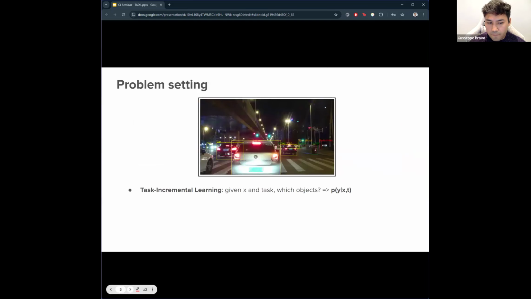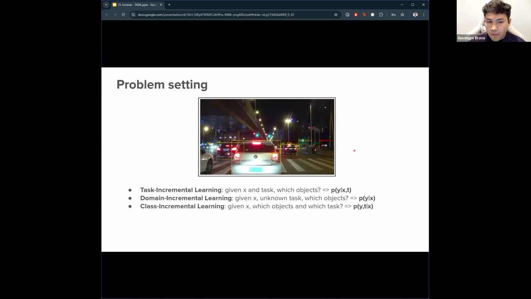So this is the problem setting. As we know, we have the easiest case, which is task incremental learning, where given the image and the task, we need the output. Here we don't have the task in domain incremental learning, which is a little bit more complex.